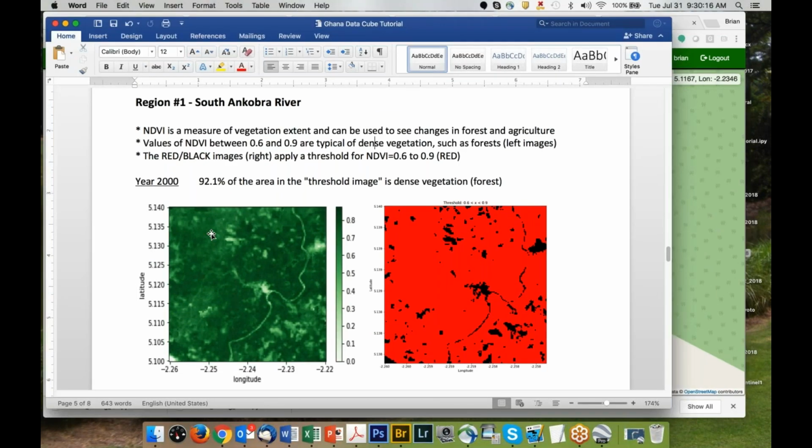What we have is NDVI, that's a vegetation index plot. You see the area is very highly vegetated and very dark green. There's a little area here of urbanization, and you can see the river. If I use a threshold of NDVI between 0.6 and 0.9, I get all these areas in